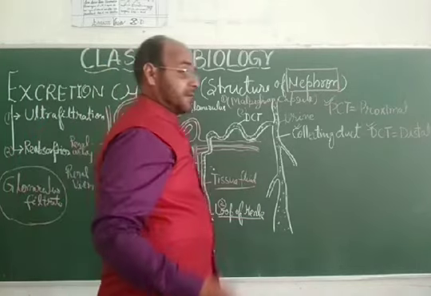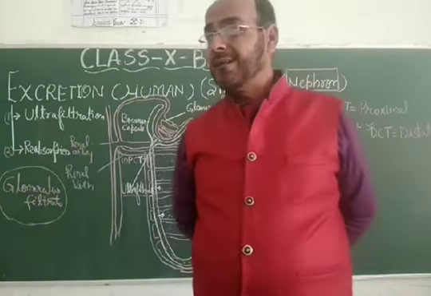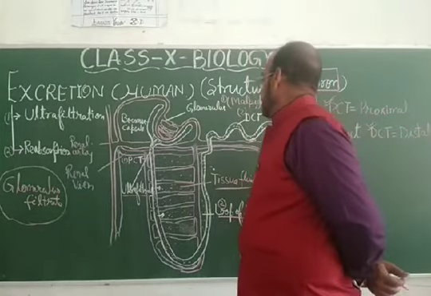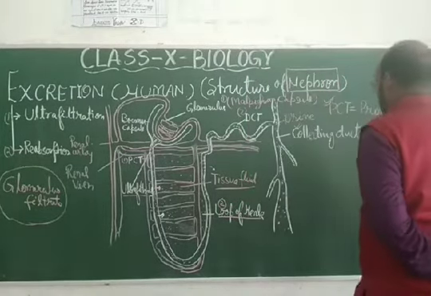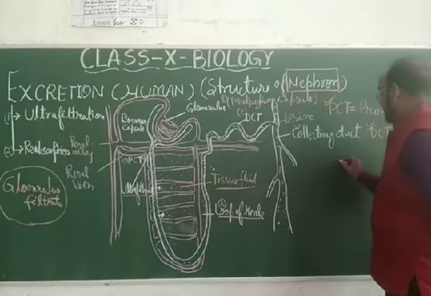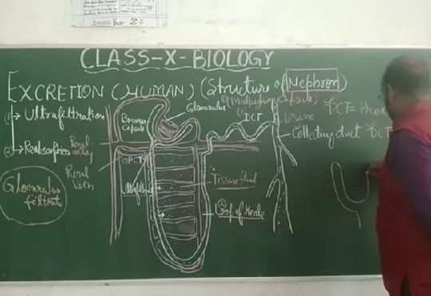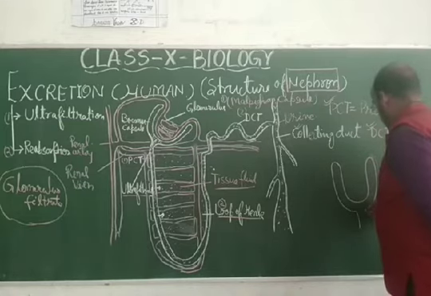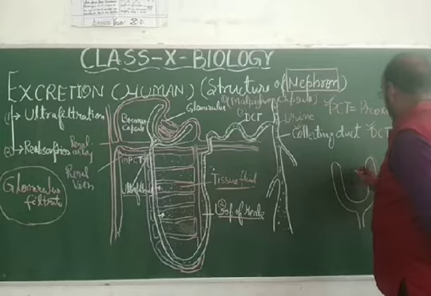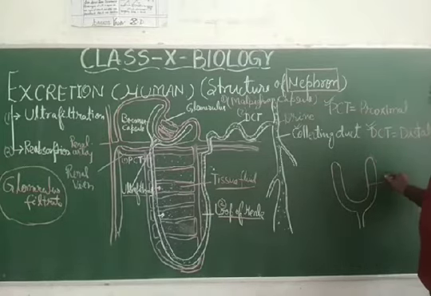Dear students, in this unit of the kidney, that is called the nephron, if you see separately the structure of the Malpighian capsule, suppose you are asked for the structure of the Malpighian capsule, then you will be able to draw it as something like this. This is a cup-like structure, and this cup-like structure is called Bowman capsule.